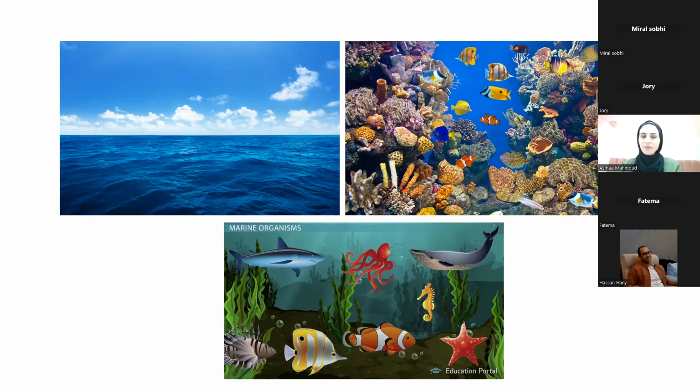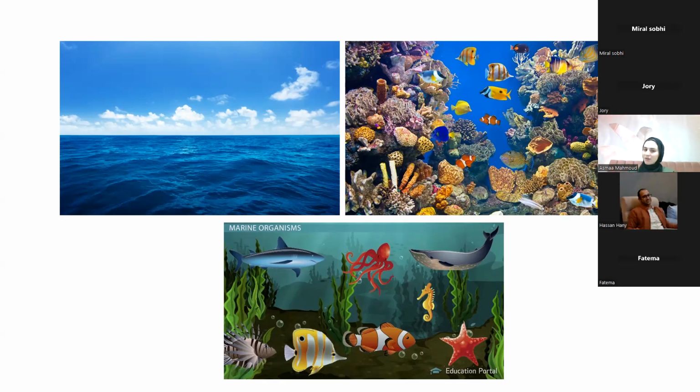Juwayriya, what are the living organisms that live in the sea? Fish. And what else? And the shark. What else? Sorry, the other girl told me your name because your name doesn't appear here. Safiya, can you tell me what are the living organisms that live in the sea? Seahorse, octopus, and shark, jellyfish.